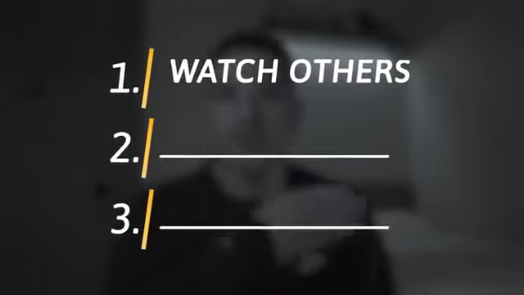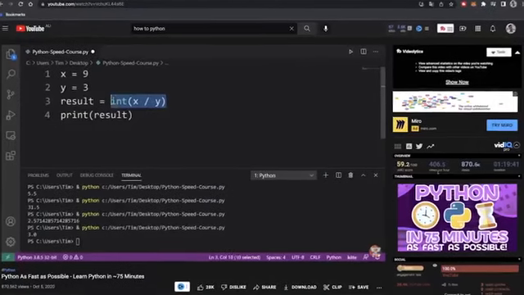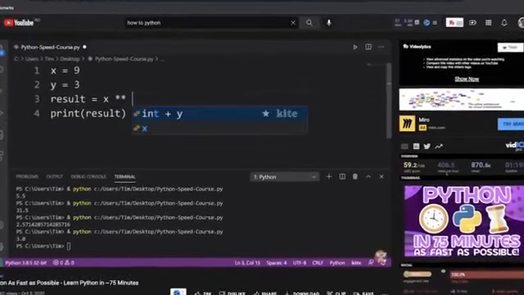So now that you know which tools to learn, let's talk about how to actually learn it. And this is where beginners make their first major mistake. The mistake most beginners make is that they try to learn by watching others. This is how most people learn data analysis. Some people go to Udemy and watch multiple 20+ hour courses and probably not even finish all of them. Or they watch YouTube videos watching other people analyze data. But without actually writing code or analyzing data themselves, they give themselves a false sense of progress. Because analyzing data in your head is very different from actually doing it.